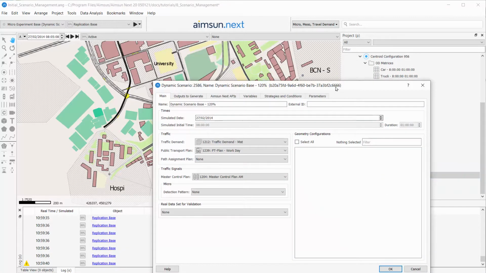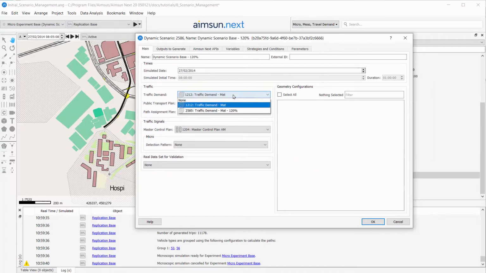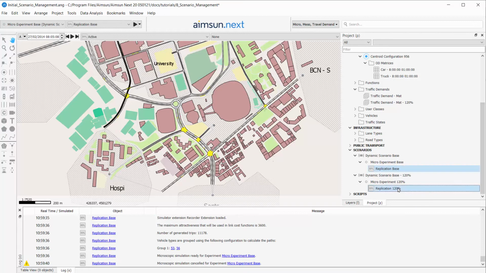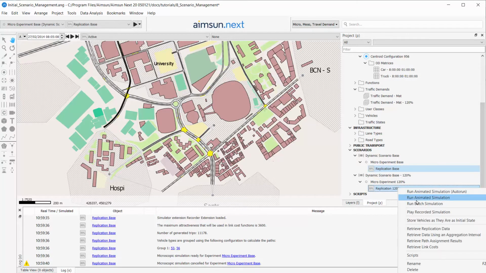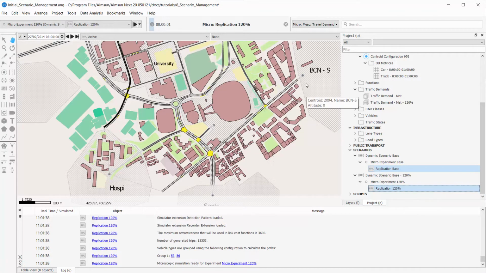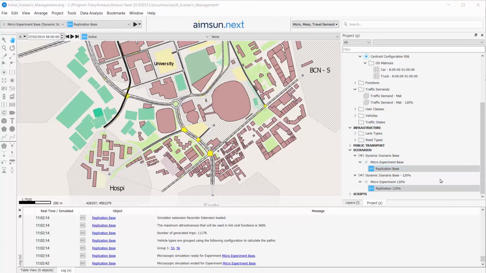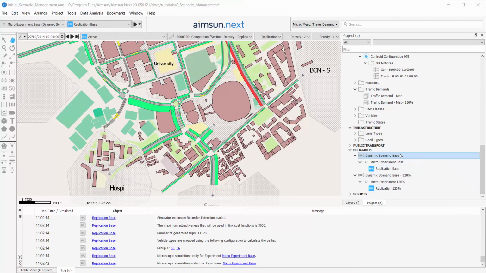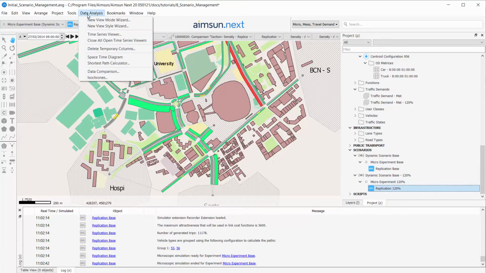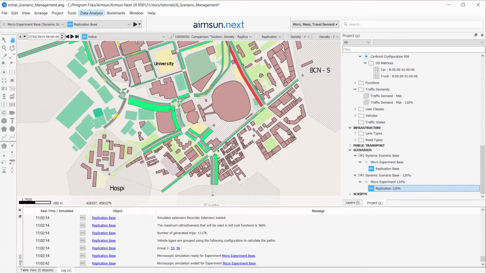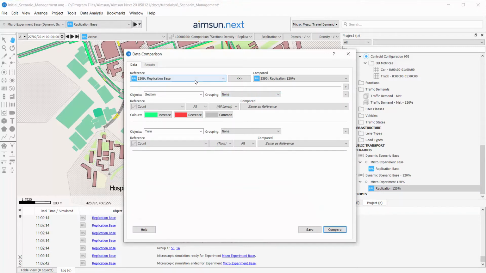And then we're going to change the traffic demand in the scenario to be our new traffic demand. Once that's done, select both replications and click Run Batch. It will then run one replication and then the next. Once you have run both simulations, you can now compare them. If you go to Data Analysis, Data Comparison, and select your references,